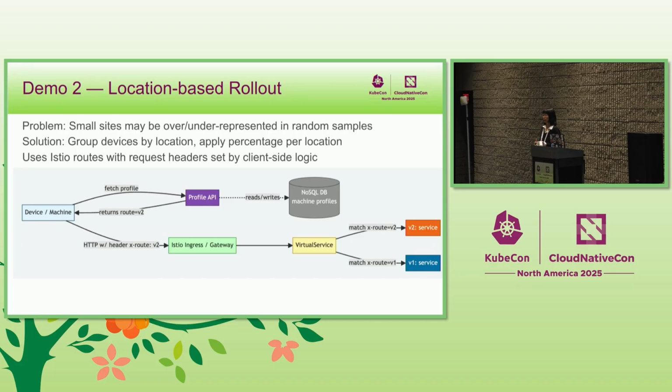But there are some small airports, if you've ever been to one, that might just have 2 or 3 kiosks. Mostly they have a minimum of 2. If I just use percentage-based routing,